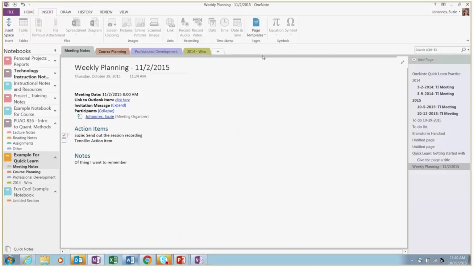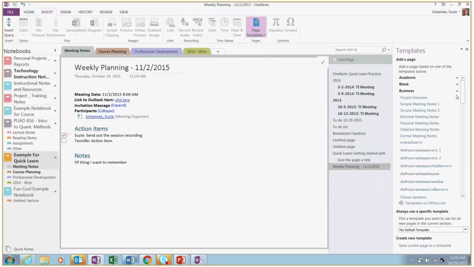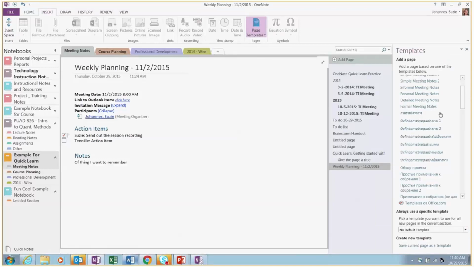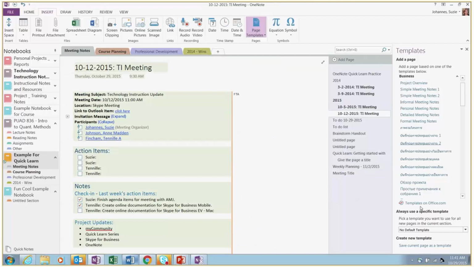So that's under Insert if you do Page Templates. Here I see my different page templates. I can choose from the different page templates. Or if I have my own page, I can come down here and say Create New Page Template and save the current page as a template.